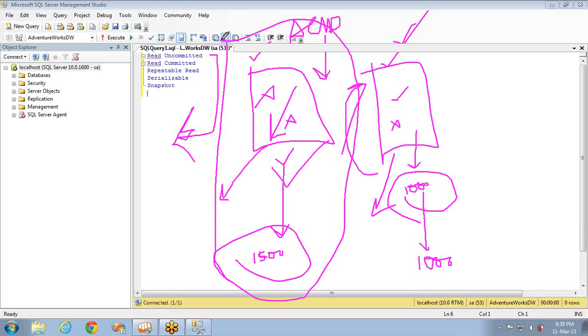If that is the case for you, then you can go for read uncommitted, so that it will read whatever data is present in the database, and it won't bother whether any update lock or exclusive lock is present. It will just read the data and display it, whether it is inconsistent or consistent. It just reads even before the data is committed. That is why the name is read uncommitted. Even though it is not committed, just read the data.